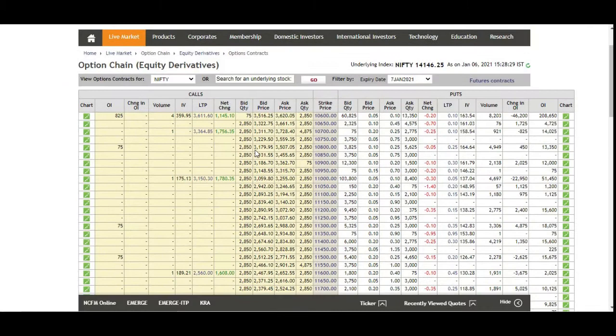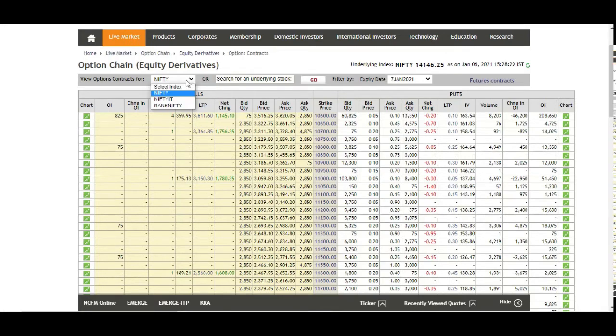The option chain contains each and every strike price, the buying price, selling price, volumes, and open interest, all those things. It contains Nifty, Nifty IT and Bank Nifty, which are the most traded indexes. If you want any particular stock's option chain, you can enter the stock and click the Go button, and its option chain details will be displayed here.